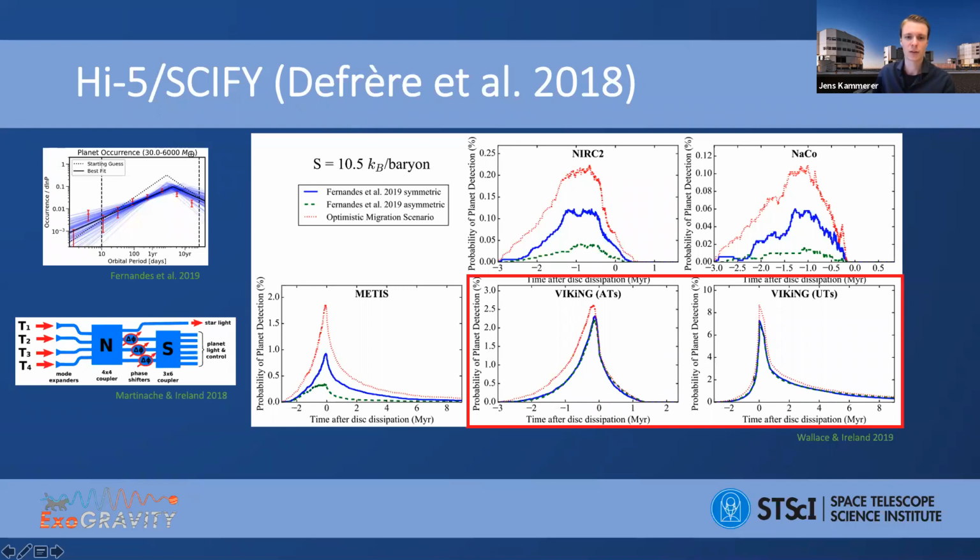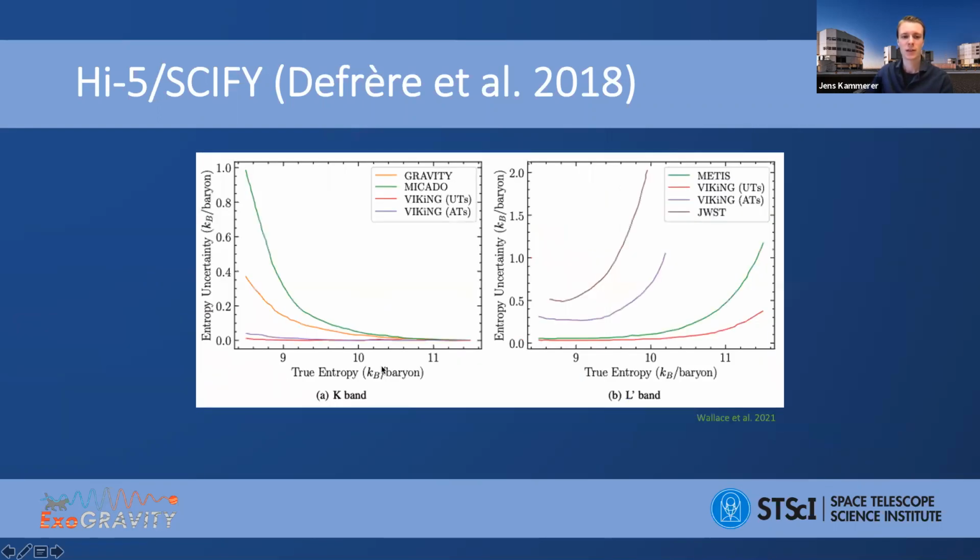By about a factor of 10 or so, and even with respect to instruments like METIS at the ELT. And another nice thing that you could do with SCIFY would be to measure to a very good precision the specific entropy of young objects in the nearby moving groups. And here you could do that to a precision of better than about 0.1 Boltzmann per baryon, which would be